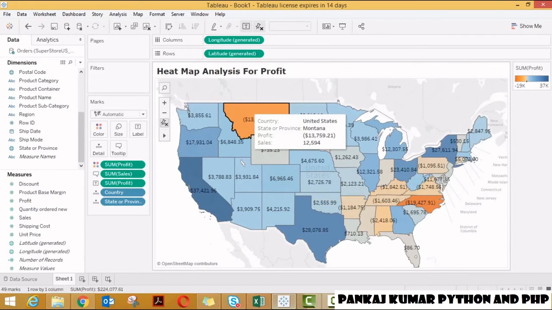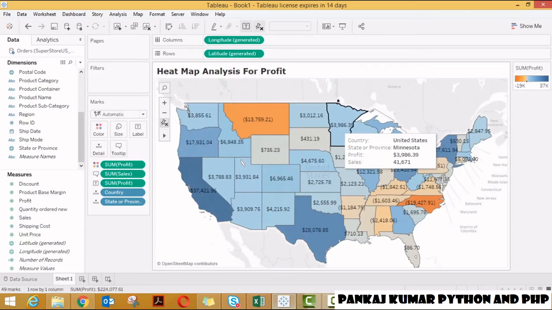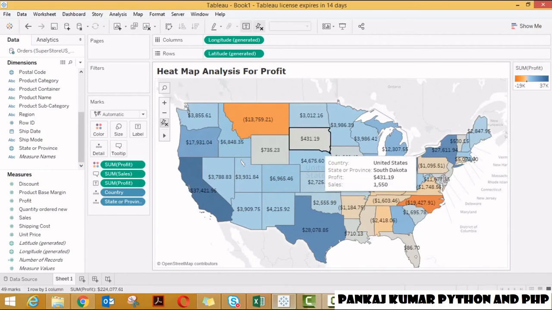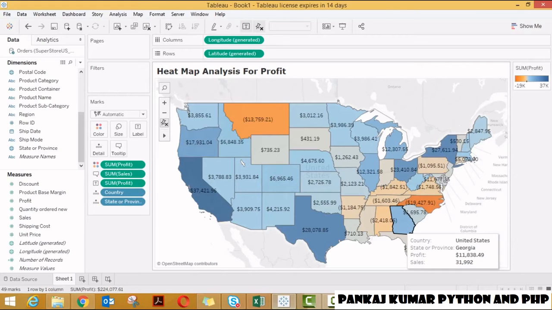Southern states are doing well compared to the northern states, except Georgia. So guys, if you look at the overall analysis, the northern and western states are doing well, which are here, and the southern states are not doing well except Georgia.